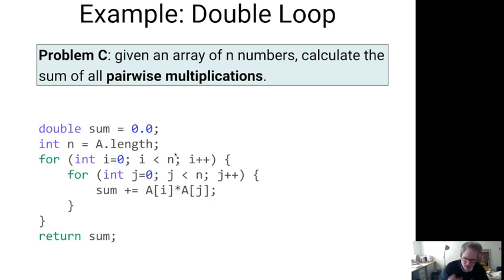And just to check yourself, say, okay, well, what if n were 100? So the outer loop will run 100 times. And for every time it runs, this inner loop runs exactly 100 times. So the number of sum operations here will be 100 times 100, or 100 squared, so 10,000. So now you start to see